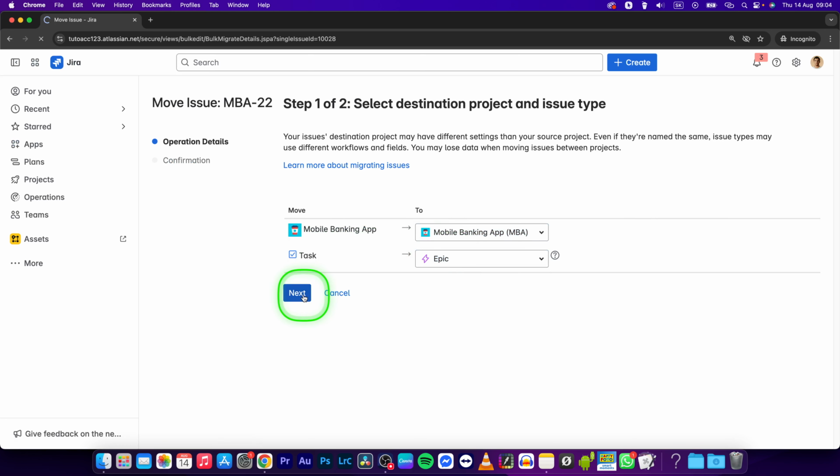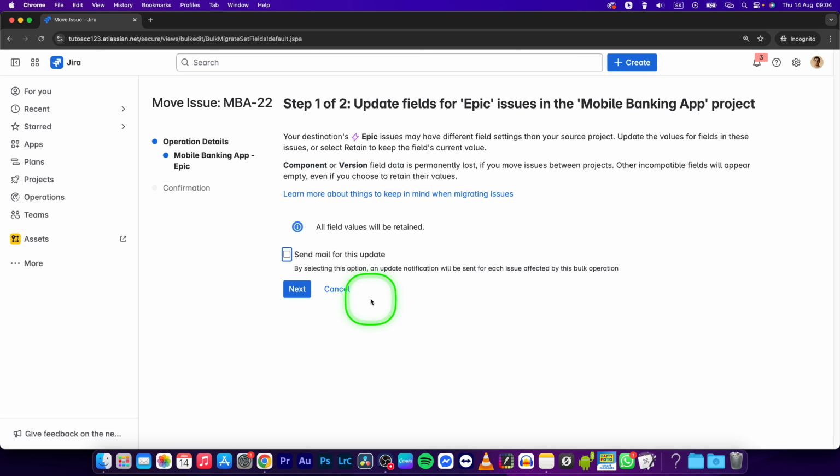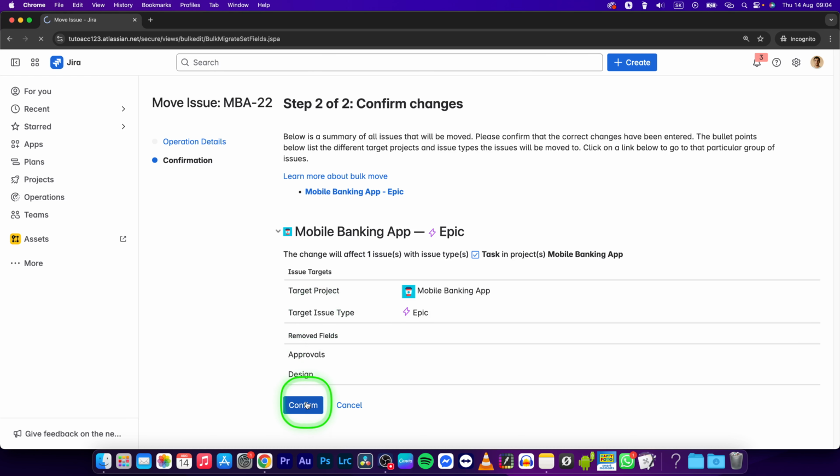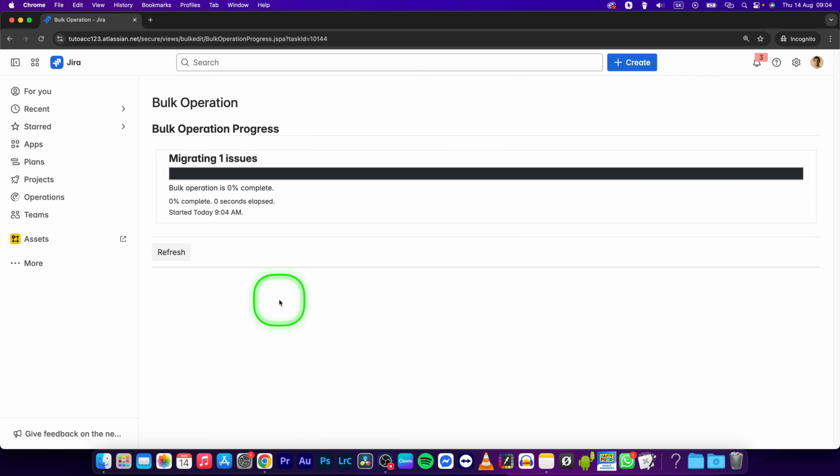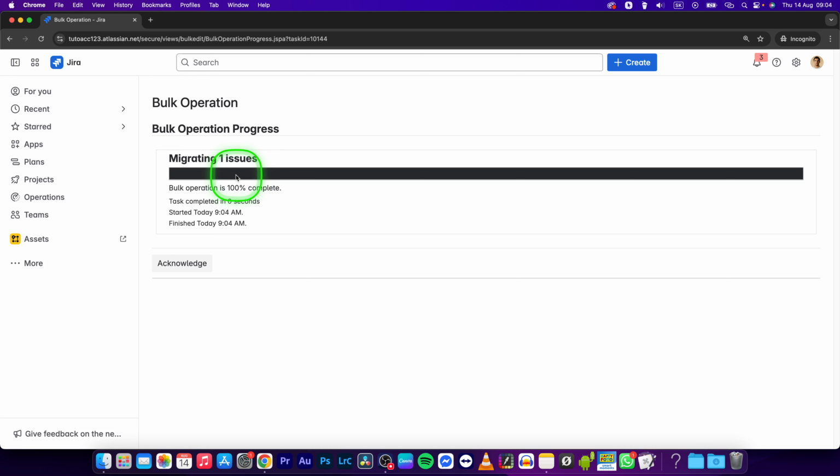Then press next, and once this page is loaded, you can select to send an email for this update if you want. If you don't want to send an email, just click on next and then click on confirm right here. Now this issue will be migrated and it will be done pretty fast because this is only one issue,